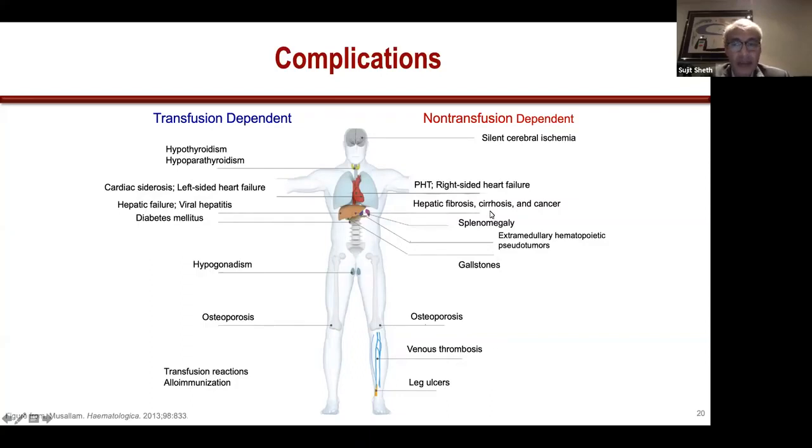You might also have other complications related to iron overload, such as hepatic fibrosis, etc., due to hemolysis, such as gallstones, splenomegaly as a result of the extramedullary hematopoiesis, which may also lead to masses or pseudotumors that can impinge on the spine and cause other sorts of problems. And then osteoporosis, again, multifactorial as a result of expansion of the bone marrow, as well as bone disease from the endocrinopathy and iron overload as well.